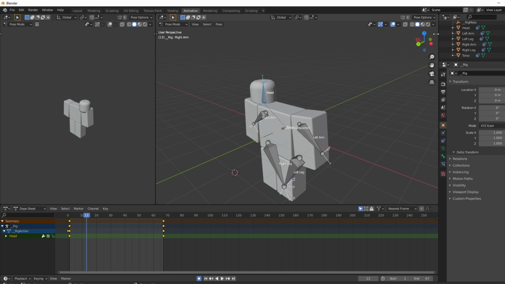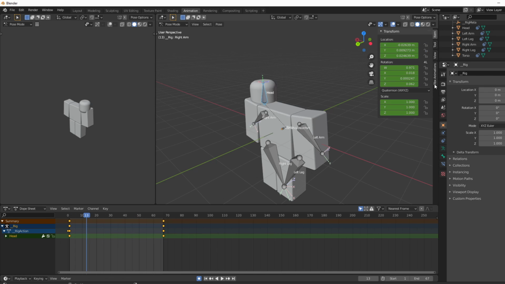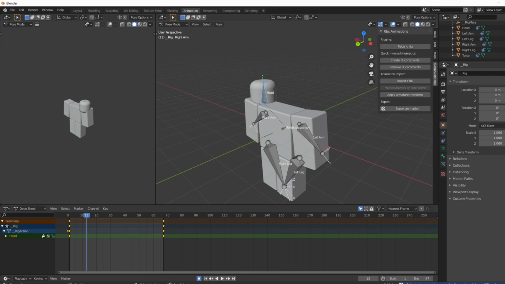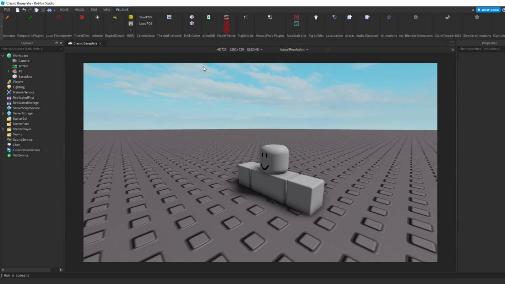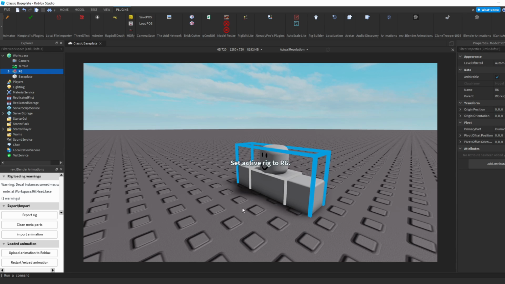You want to click on this arrow again. Click on RBX animations, export animation, and it should give you this small message: animation data exported to the system clipboard. Now you want to open up Roblox Studio again. Open the Blender plugin, select the rig, and before you do the last step, be very careful with this, because